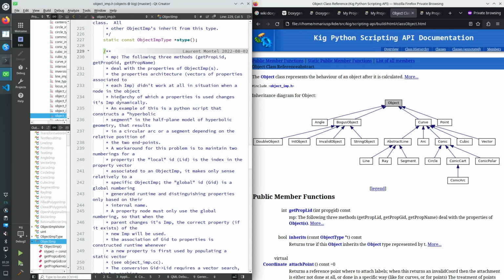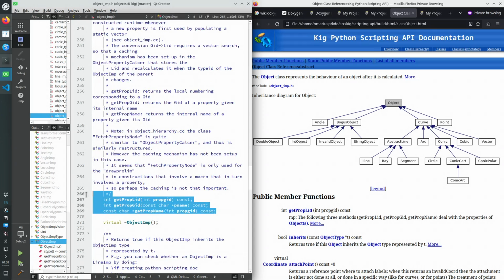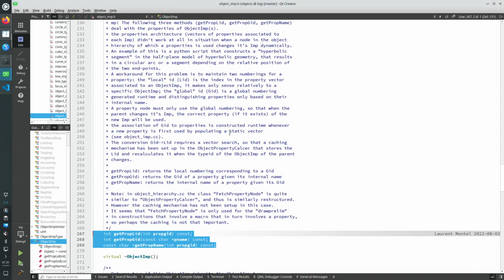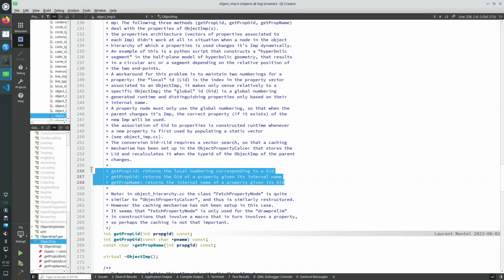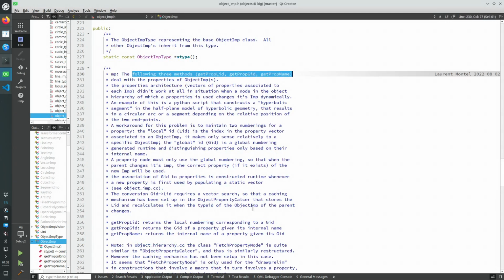And the documentation block says the following 3 methods: get prop lead, get prop gid, get prop name. So these 3 signatures. The documentation block tries to document all of these 3 functions at the same time. So we can see it in here, the following 3 methods in here,